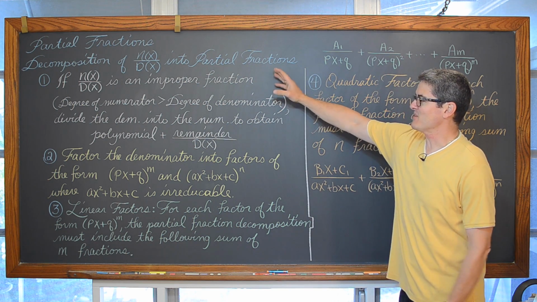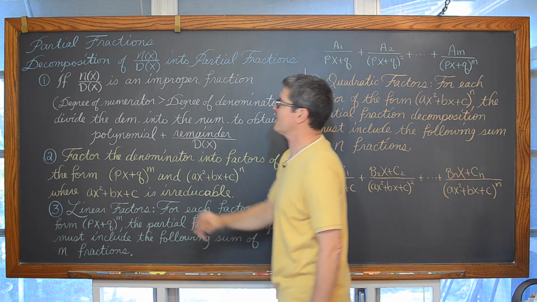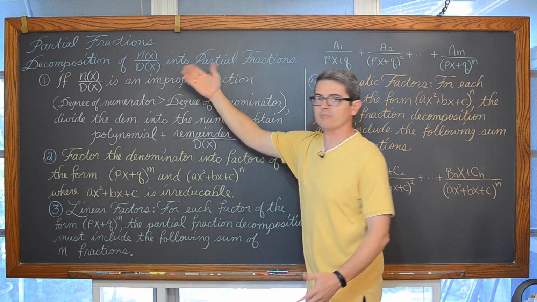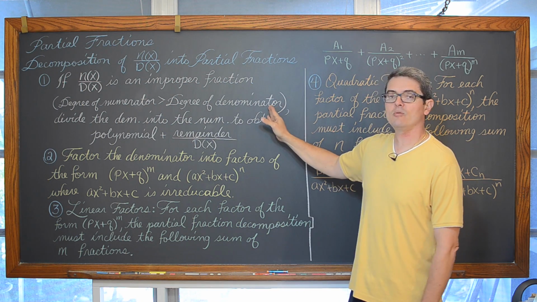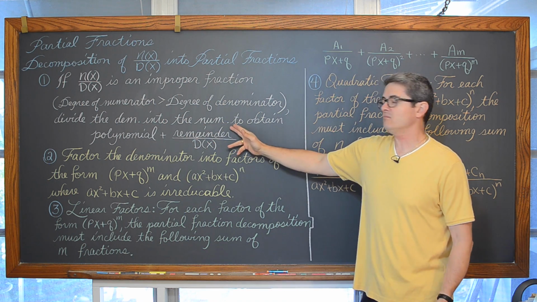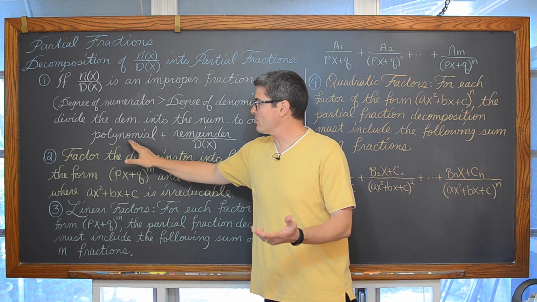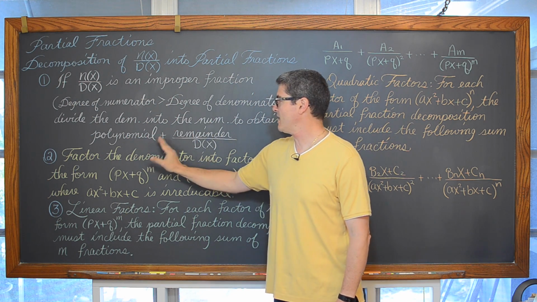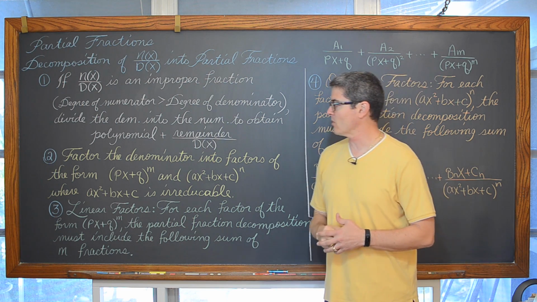So our steps here, this is some very technical language you'll probably see in your book. If N of x divided by D of x, or simply numerator over denominator, is an improper fraction, which means the degree of the numerator is greater than the degree of the denominator, we're going to do that division, that's what a fraction bar means, to obtain an expression where we have a polynomial plus whatever the remainder is from our division over what we're dividing by, of course.